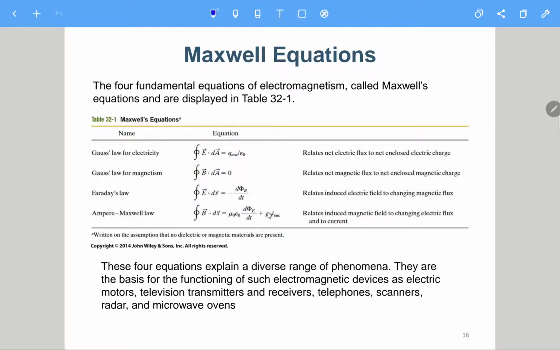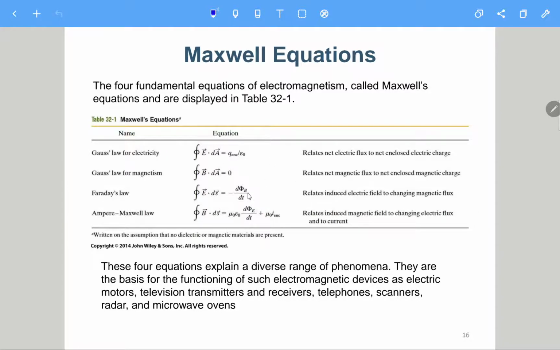And for the third and fourth one, we have a changing magnetic field, which generates an E field. The changing magnetic field will generate an electric field. And also here, if we have a changing electric field, it will generate a magnetic field. Also, a steady current will also generate a magnetic field. So these are